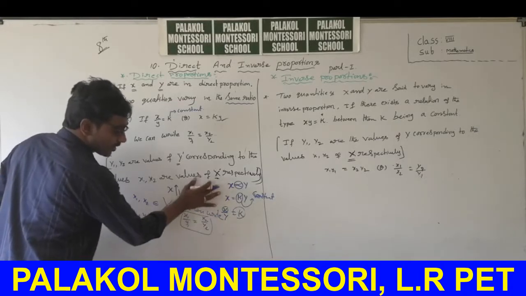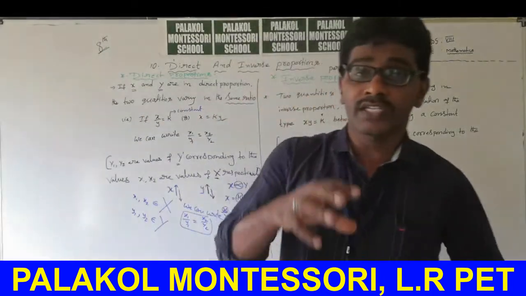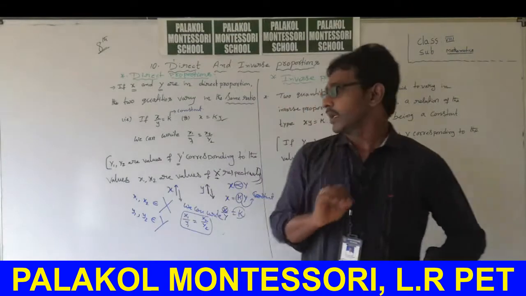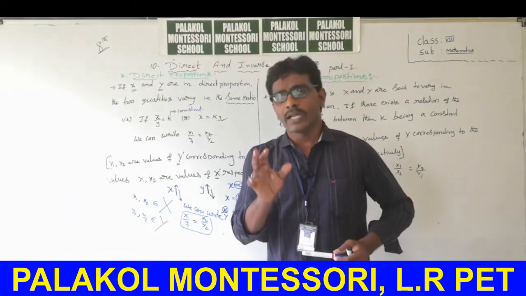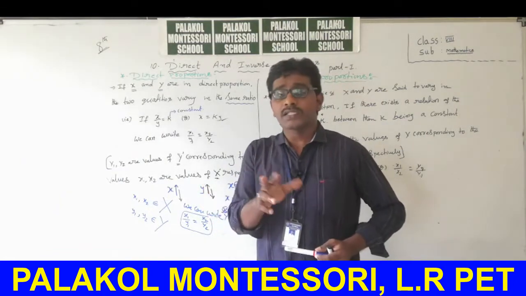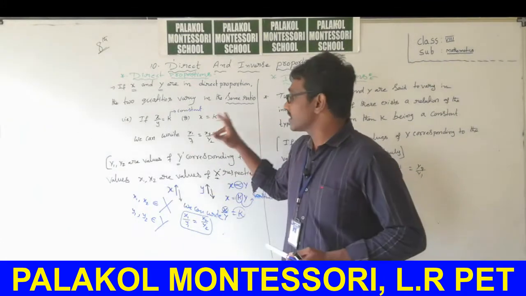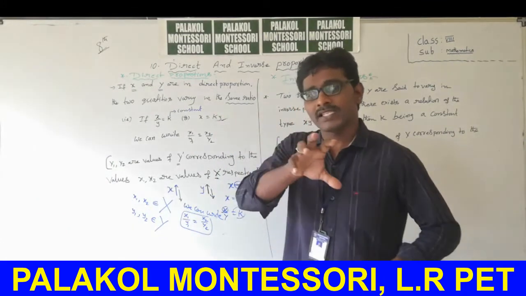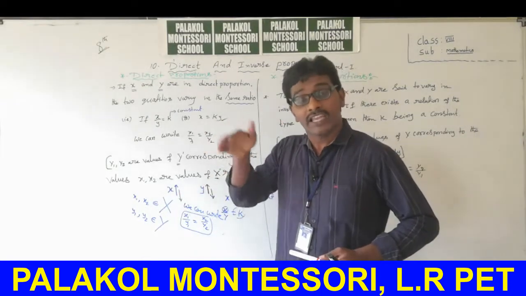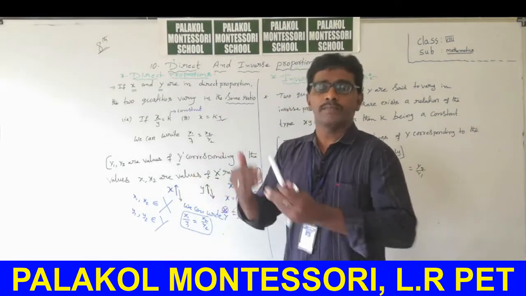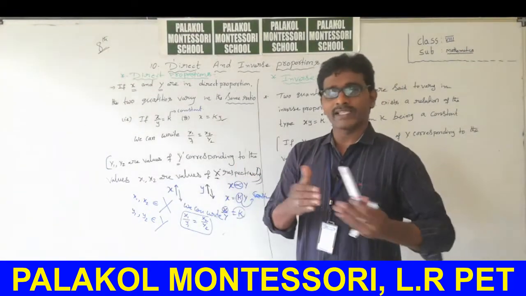So keep these points in your mind. This chapter is very important. How to define direct proportionality? Simple logic. You take two quantities, one is x, another one is y. If their ratio is the same, that means x is directly proportional to y. x equals k y, where k is a constant. So simply, you write x by y is equal to k.